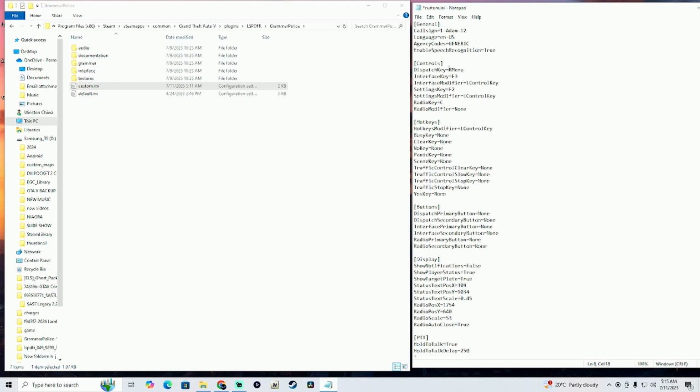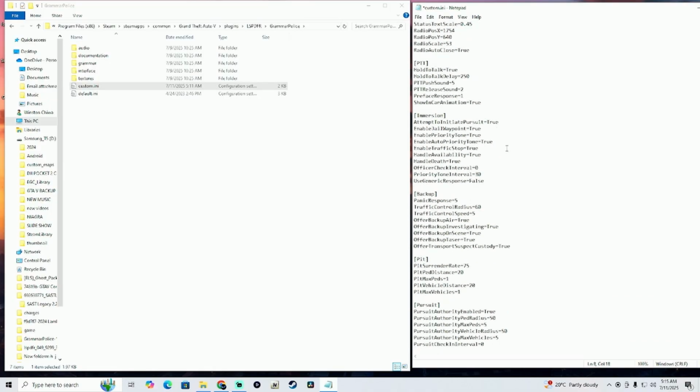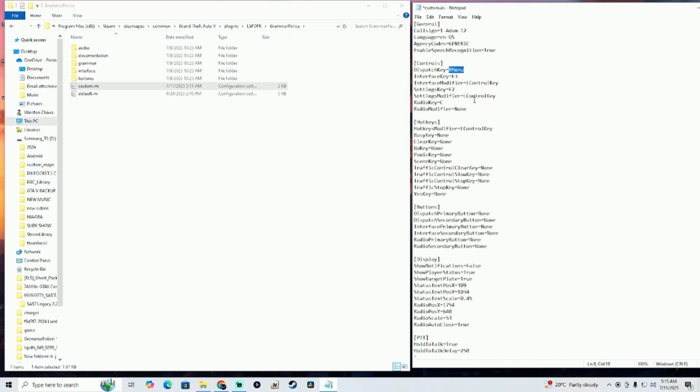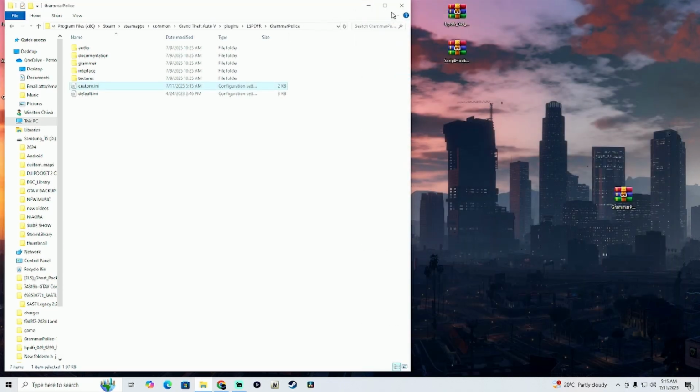So you can go ahead and change this to anything you want there, but I'm used to this button right here for me, so I'm just gonna go ahead and leave it as it is. But if you want to use something else other than this, if you know what this button is on your keyboard, then you can keep it, but I'm used to it now, so I'll just leave mine as it is. All right, so if you made any changes here, go to file and save, and that's pretty much it on